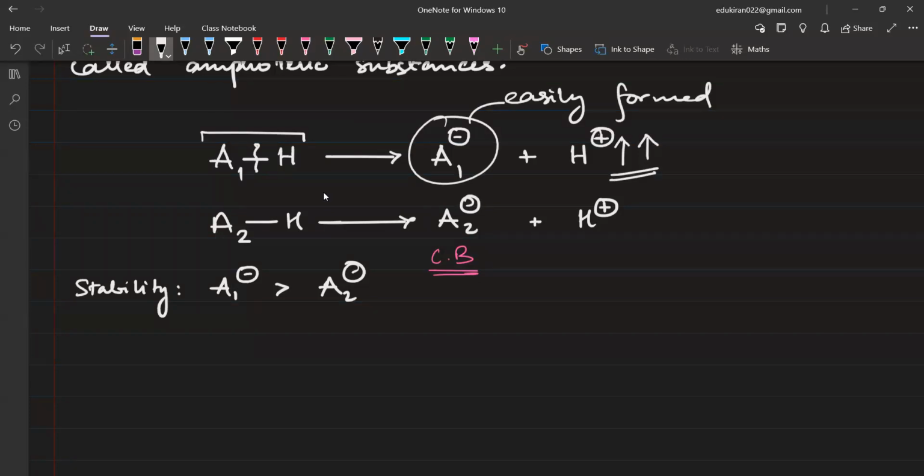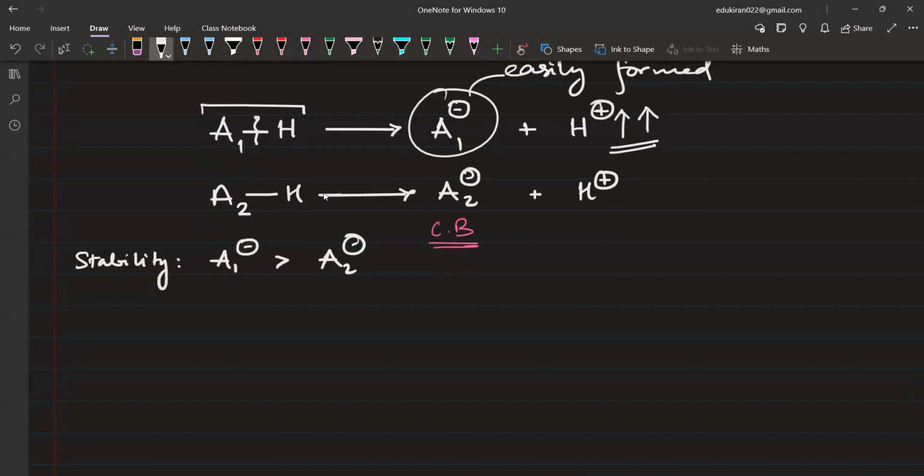And if you are easily losing the H plus ion, that means that acid is strong acid. Make sense? Yes. Yes or no, Harsha? Okay. So from here we can say that the strength of acid is basically dependent on the stability of the conjugate base. So I will write first point regarding acids, that strong acids